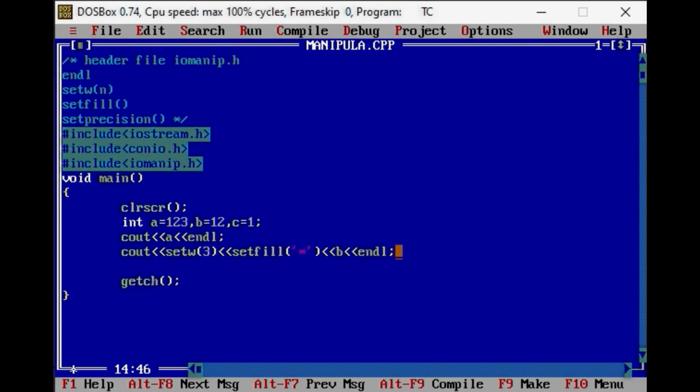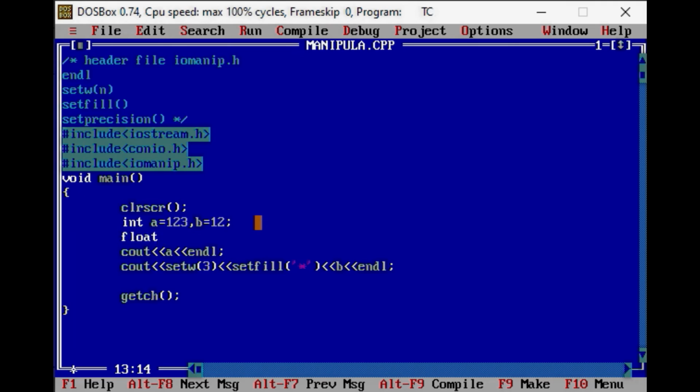Along with this, now we are going to use setprecision. For that we need to declare another variable which is of float type. So I am taking here float c, and I am going to assign the value, suppose 12.123.